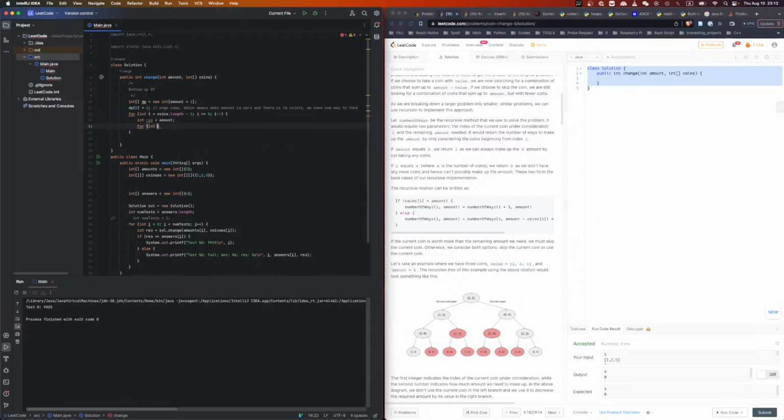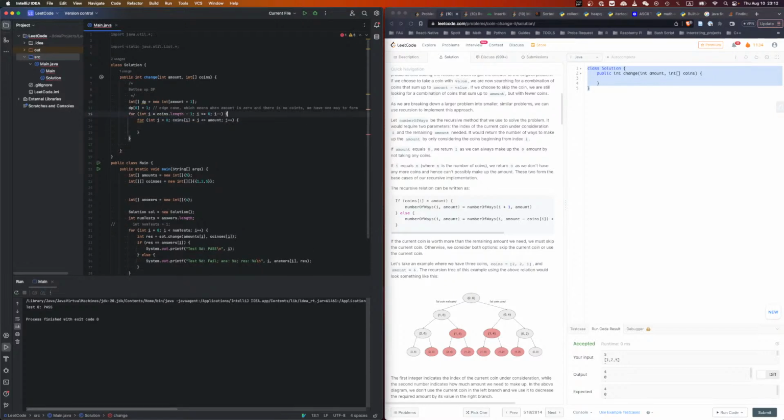Then for int j equal to 0, coins[i] times j smaller or equal to remain, smaller or equal to amount, then j plus plus. Then we don't need remain. Then what we need to do is say dp[j], right? Plus or equal to